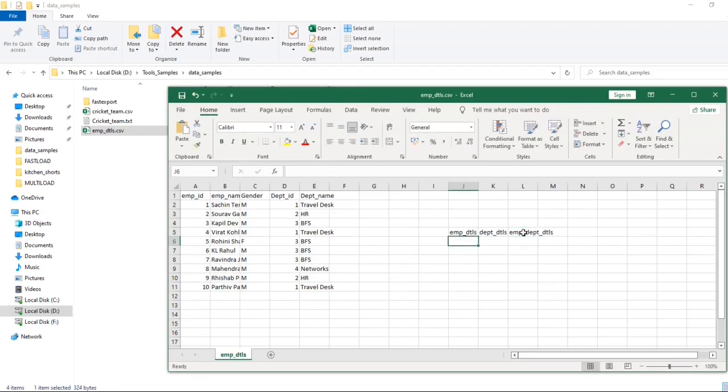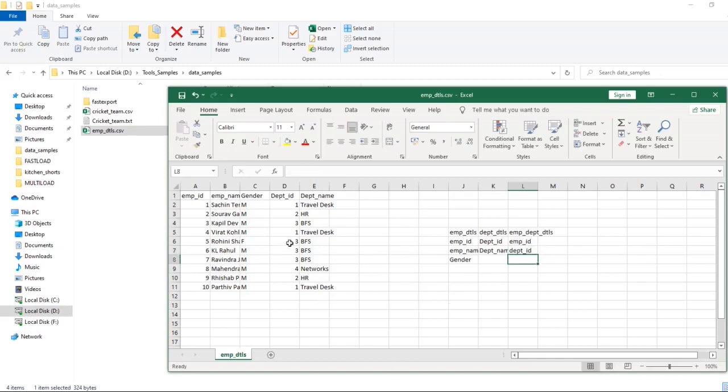These 3 tables: one will have EMP ID and name and gender, DEPT details will have the department ID and name, and EMP DEPT details will have EMP ID and DEPT ID.